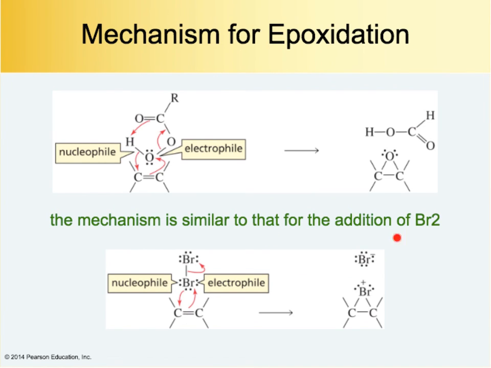So again, it's similar to the addition of Br2. The pi bond is the nucleophile. It attacks the oxygen. You need to break the oxygen-oxygen bond, just like you broke the bromine-bromine bond. Electrons go there. The pi electrons take that H, which then is delivered, these electrons get delivered to that carbon. The easy thing I want you to do is number your carbons, add lone pairs,